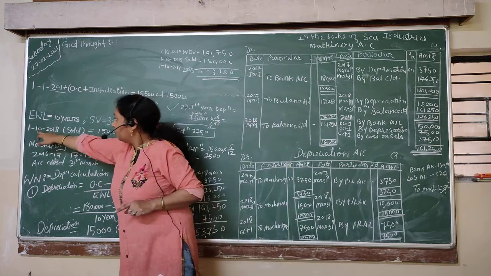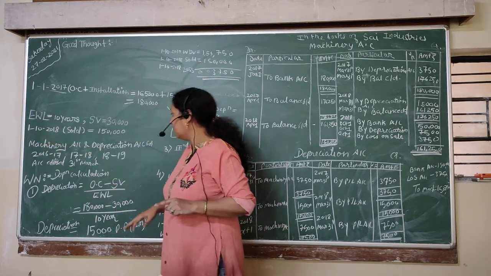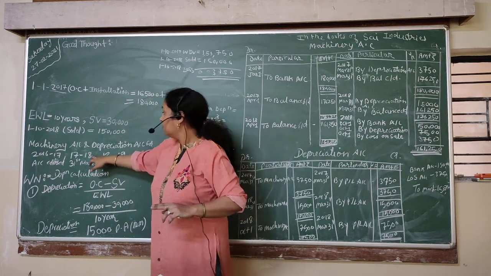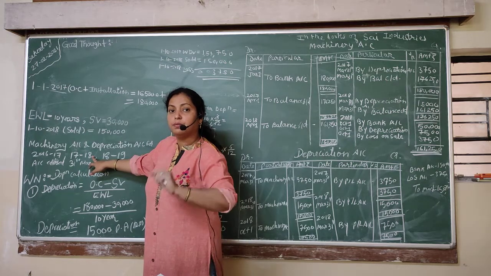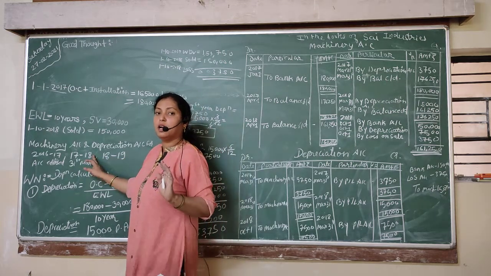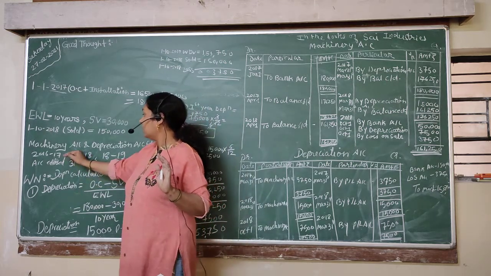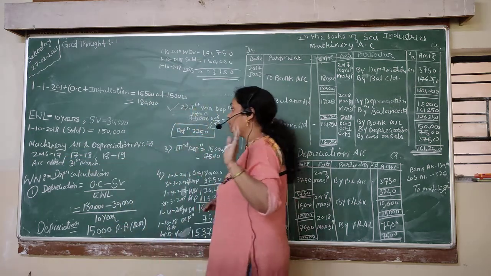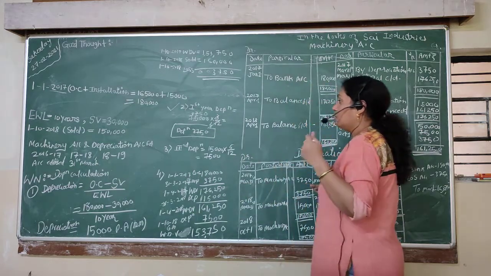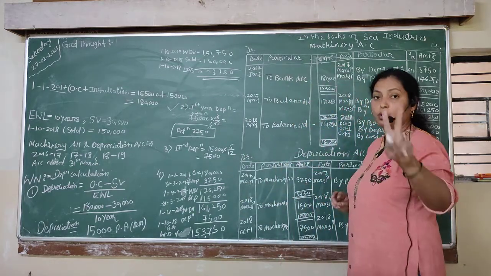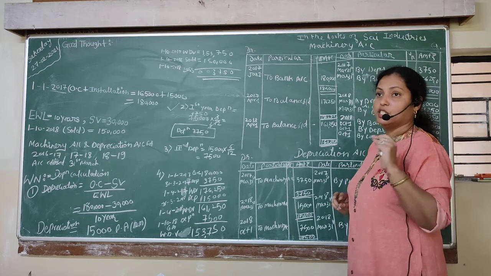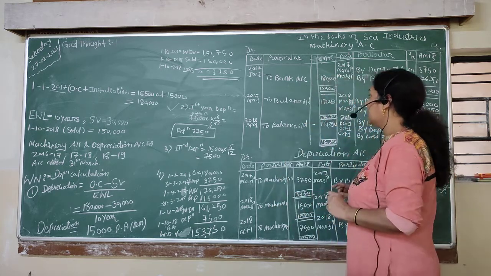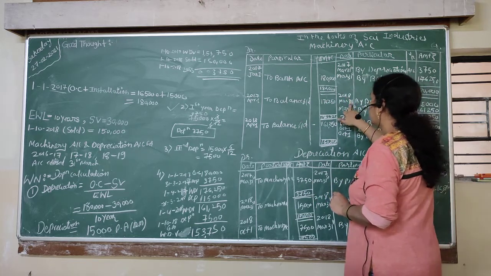See the date. 1st October 2018 is given, and October 2018 will come in the third year, because the second year will only be up to 31st March 2018. So the second year is from 1st April 2017 to 31st March 2018 only. So there is no sale entry and no purchase entry in the second year. Only two entries will be recorded, that is the depreciation charge entry and the depreciation transfer entry.